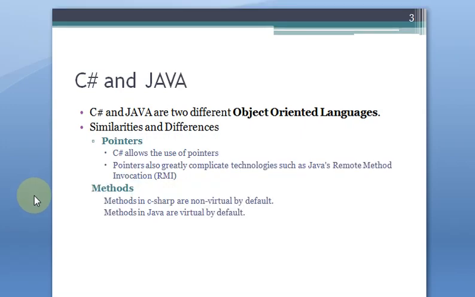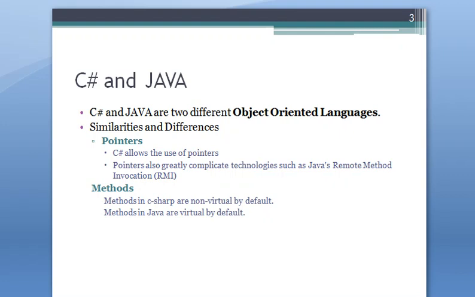Next thing between C Sharp and Java is pointers. C Sharp allows the use of pointers, which some language designers consider to be unsafe, but certain language features try to ensure this functionality is not misused accidentally.